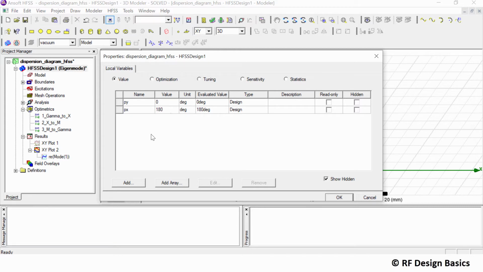But in this case, what we have to do is, px will be starting from 0 to 180 degree, while py will be 0, and then px will be 180 degree and py will increase from 0 to 180 degree. That's why the condition here we are taking is py as 0, px as 180. If you take the reverse, we will not get all the data points. So to get all the data points, we just change py to 0 and px to 180 in the design properties and click OK.